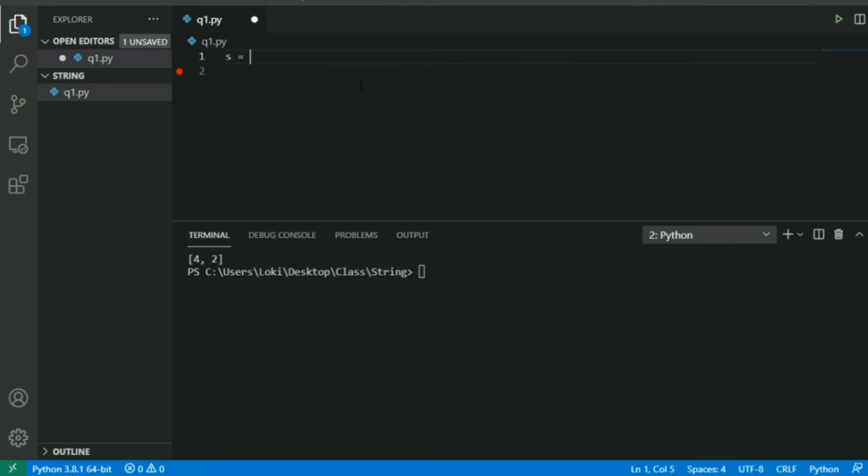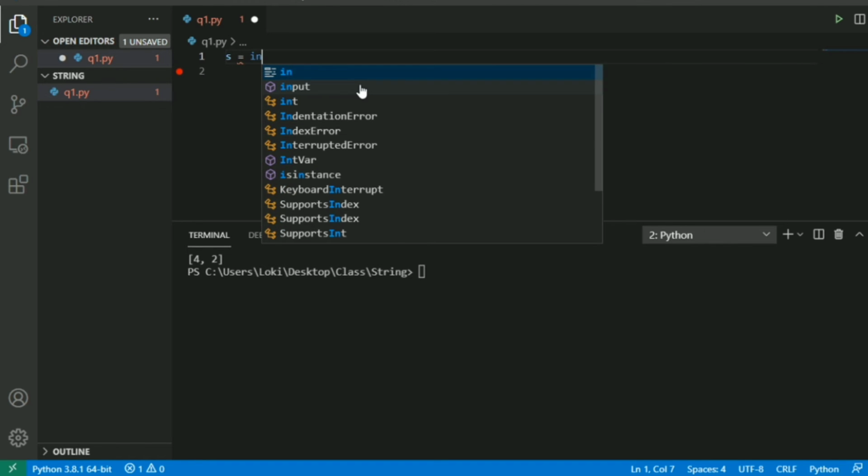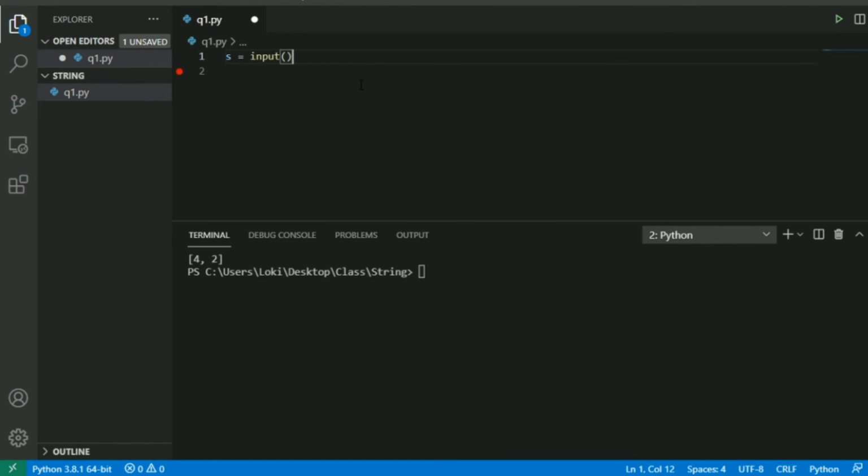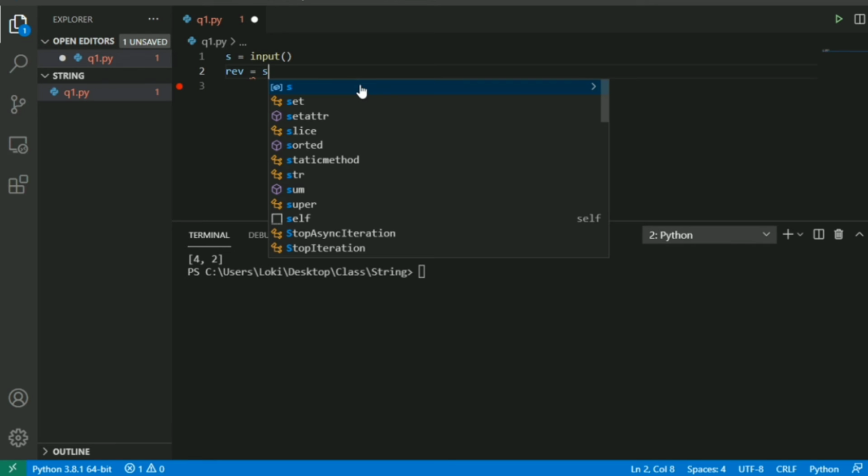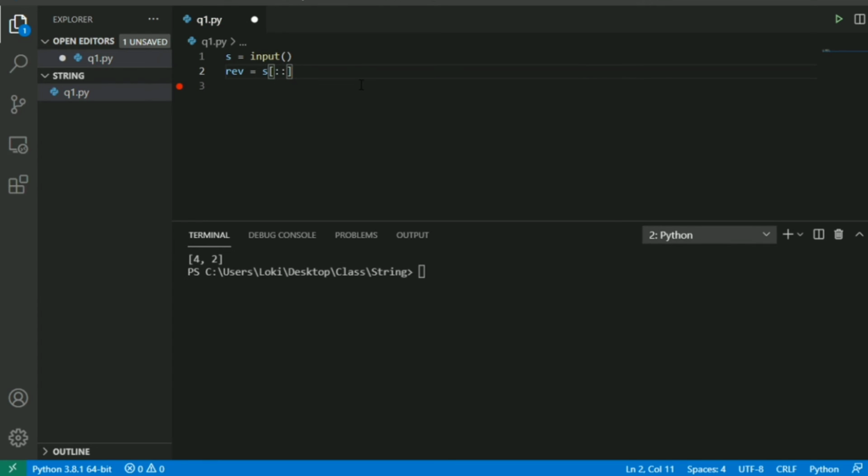First you need to get the value from the user, that is the input string. We are performing a palindrome operation here, so you need to check whether the given string is equal to the reversed string or not. I will declare one variable to store the reversed string. I can get the reversed string just by entering -1 here. This line of code is going to reverse the whole string, and I need to check if the given string is equal to the reversed string or not.